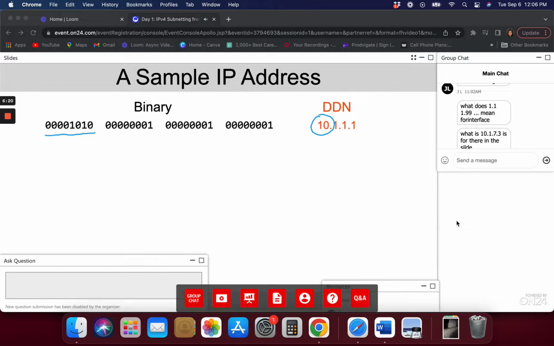Now, for this class, you don't need to be able to do that. In fact, part of the point of this class is to teach you processes so you can do subnetting with no binary math, or at least no binary conversions. But if you'd like to convince yourself along the way that 10 decimal really does convert to this 8-bit binary number, if you look in the links, and pardon me while I cheat and look at my student login, if you look at the class notes link in your user interface,